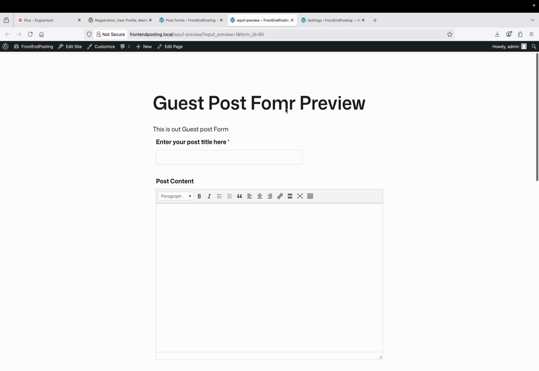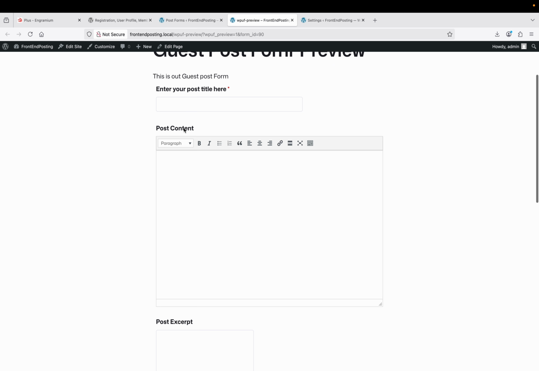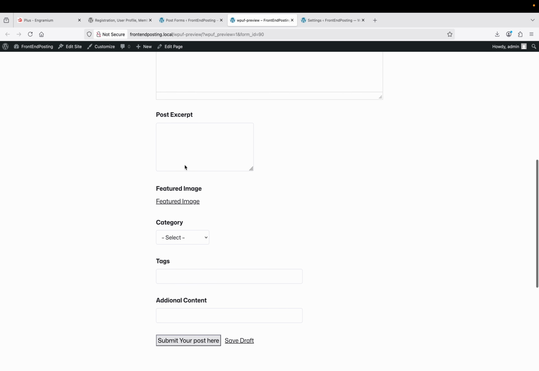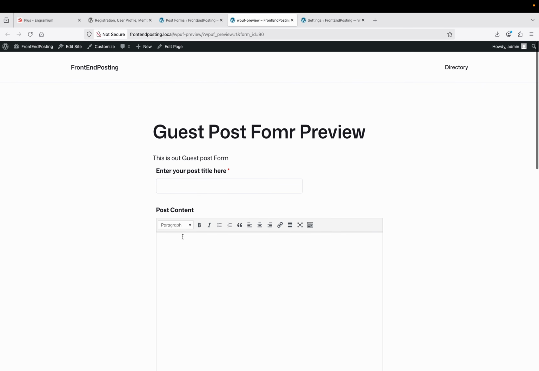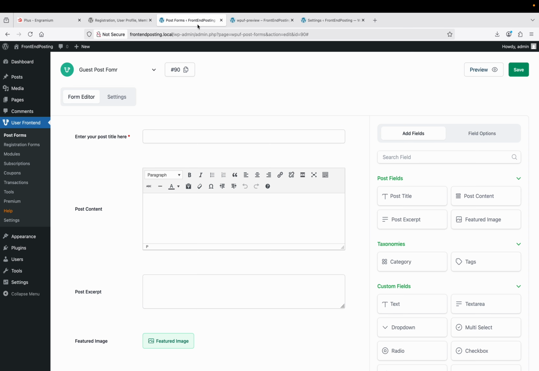And if we would like to see how this form will preview, we can do that from here. As you can see, guest post form. This is our title, post content, post excerpt, featured image, categories, tags, and additional. When we are satisfied with our form, now we'll copy this shortcode and create a page by clicking add page,